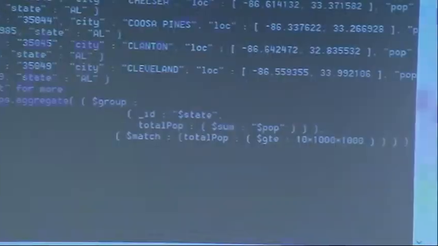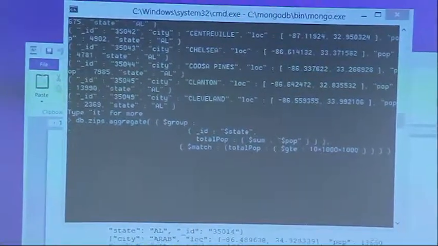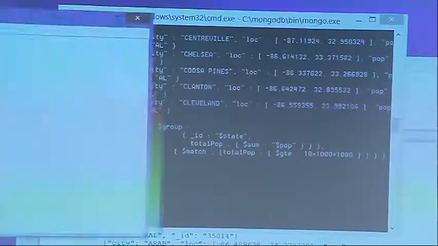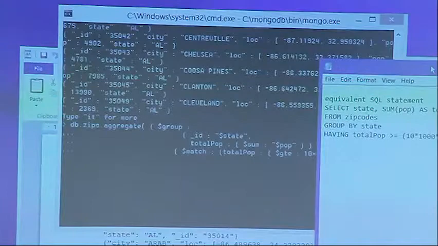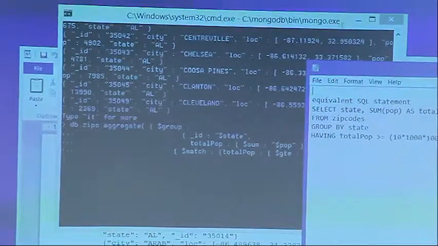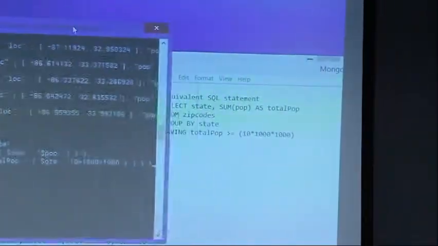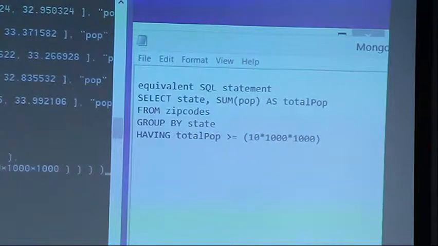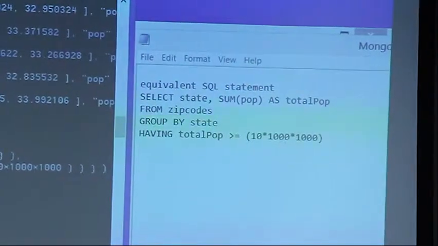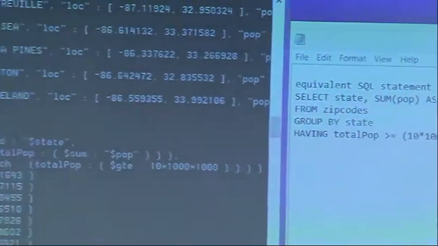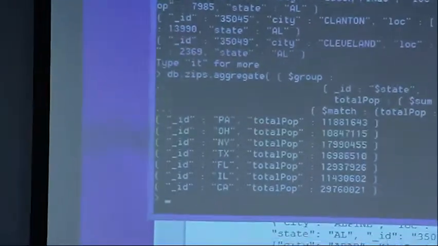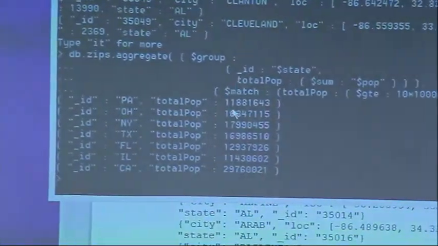I can show you. Here would be the equivalent SQL statement. Just doing a simple select, we're grouping, and with a having clause. And you see we get results about what you would expect, the states that you would expect, anything over 10